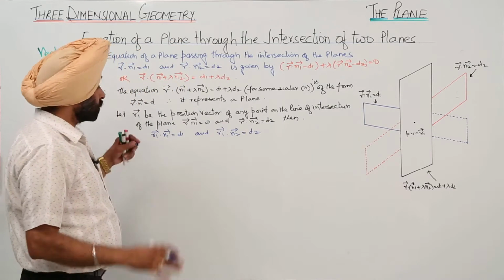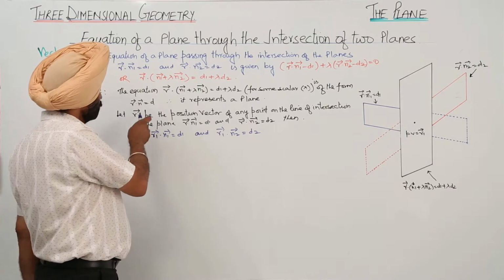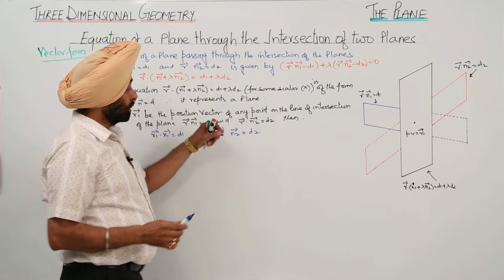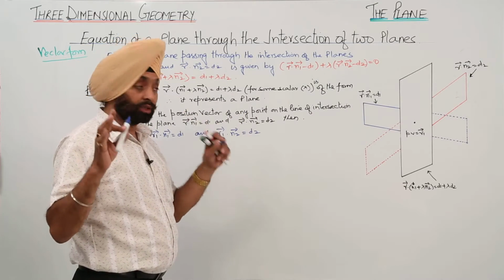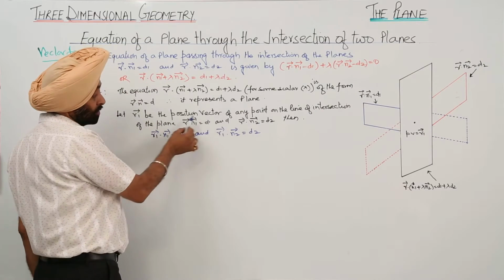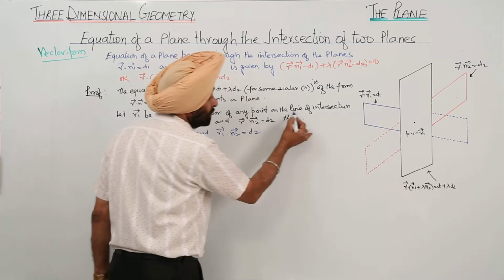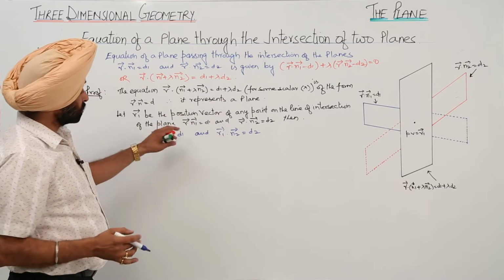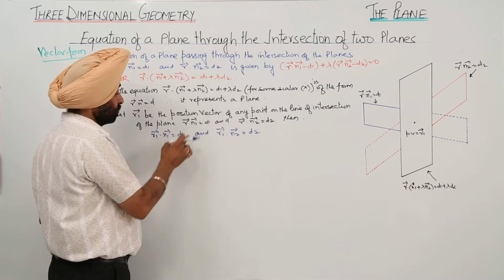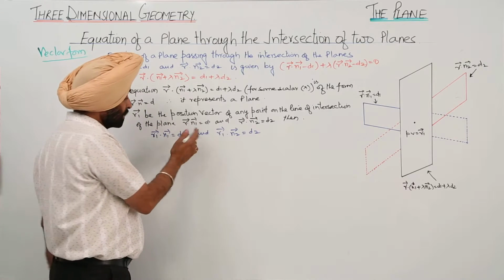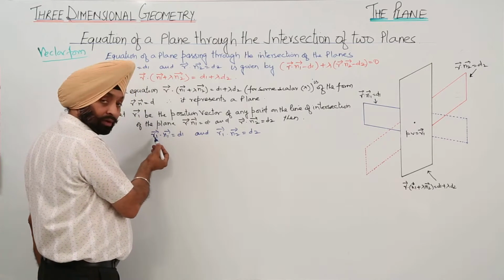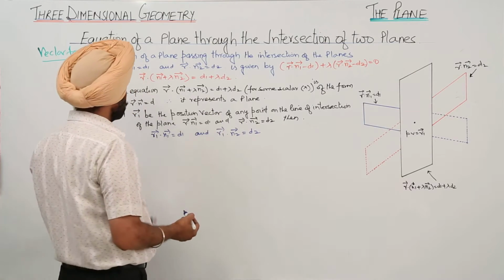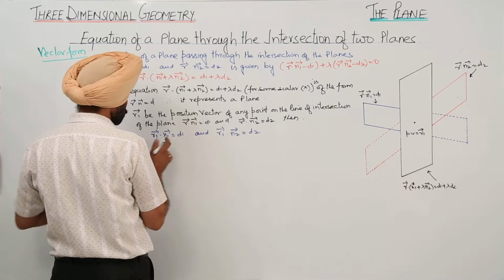Once again, what have we assumed? We have assumed that r1 is the position vector of any point, and one thing you have to remember, that is r1 is the position vector of any point on the line of intersection of the planes. Okay, and the equations of the planes are this one and this one. When vector r1 is the position vector, then in place of this r we can write r1 here, and in place of this r again we can write r1 here. Okay, so from these two, now we have